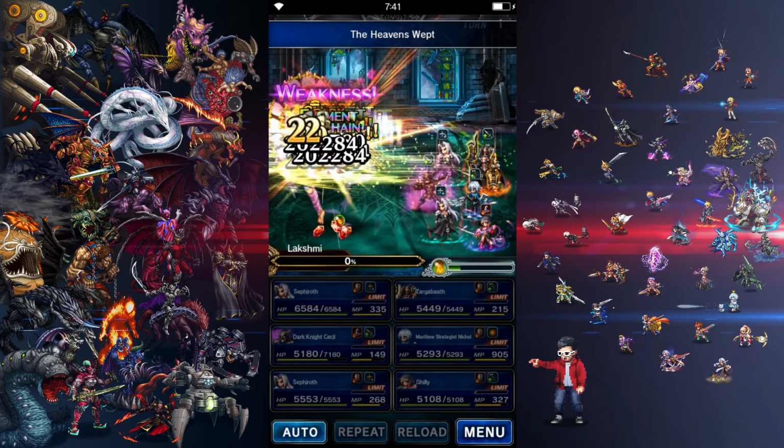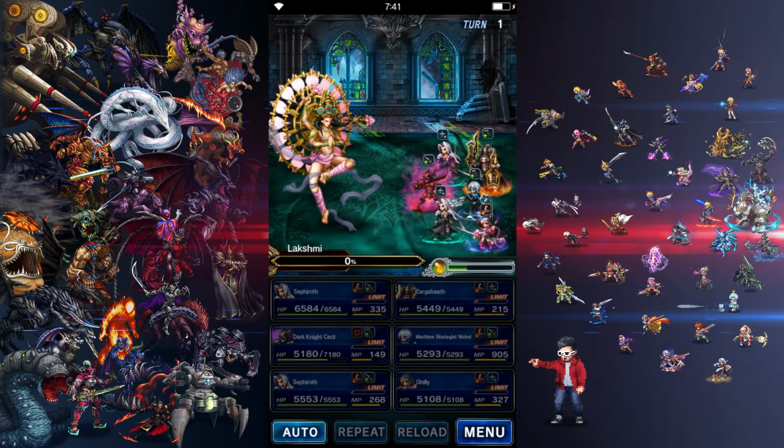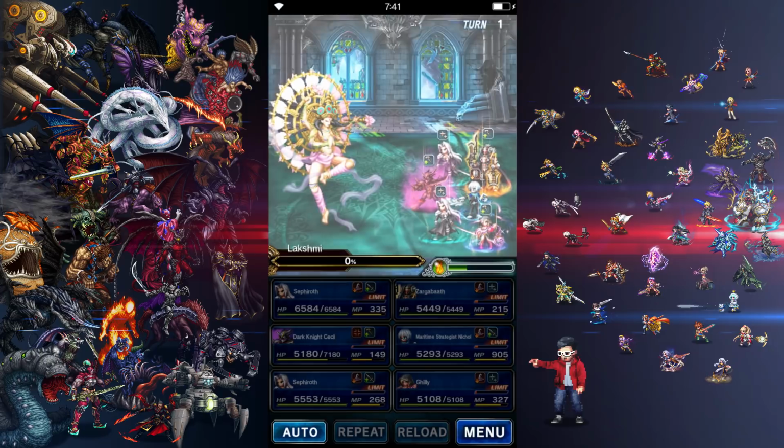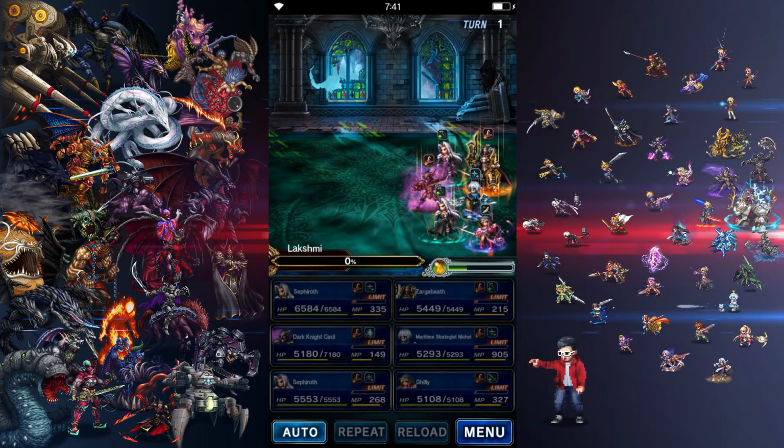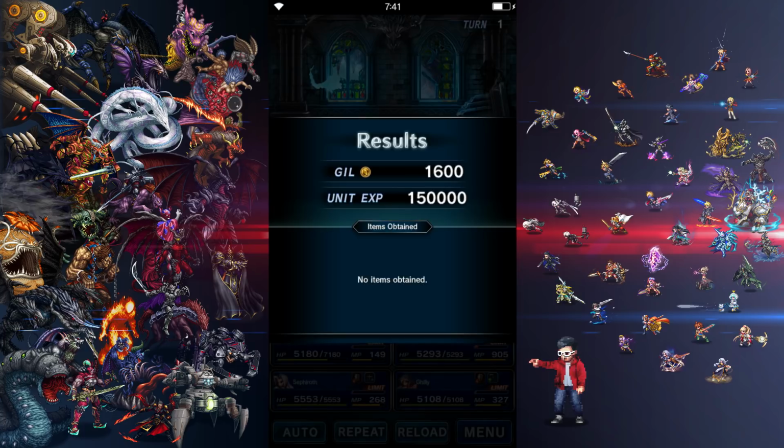It's 225 million. Yesterday on Twitter, I was posting a video. Obviously, there's a damage variance in between this, and I think I got at least 250 million, something like that. So as you can see, there's a lot of potential on humans. Lakshmi has a lot of HP. I mean, she wasn't a hard Esper anyway, but potentially when we get